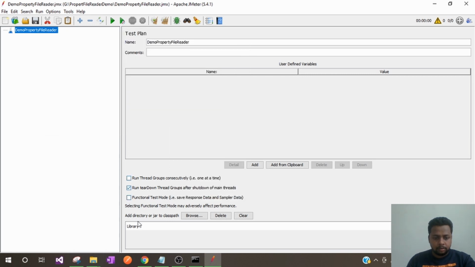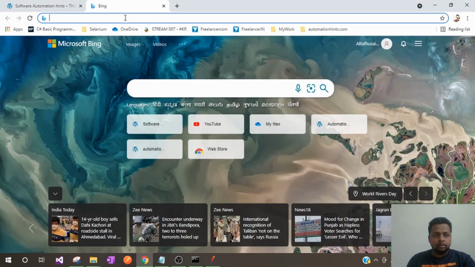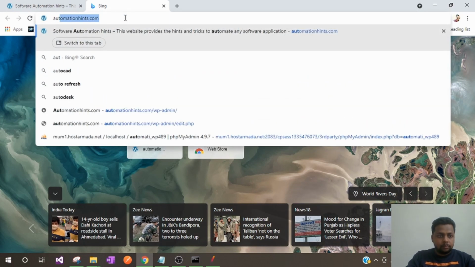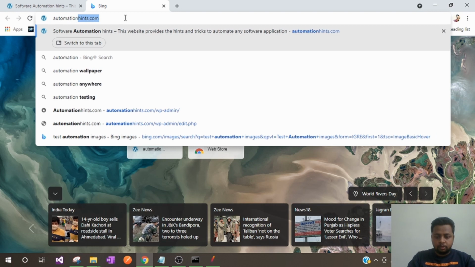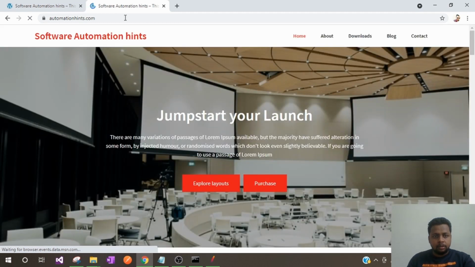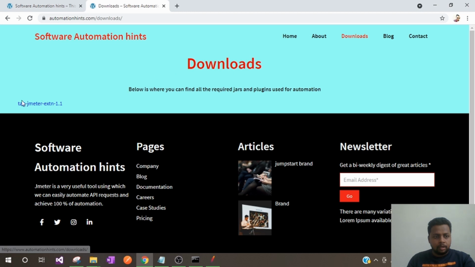For that, just go to Chrome or any browser and launch the website automationhints.com. On launching it, you can see the home page. Just click on downloads, and you will get this JMeter extension 1.1 file.